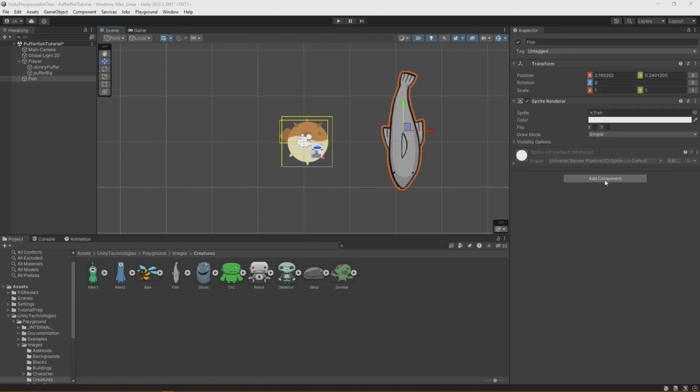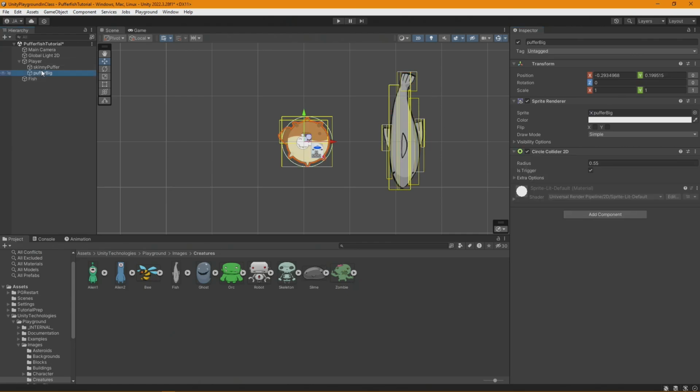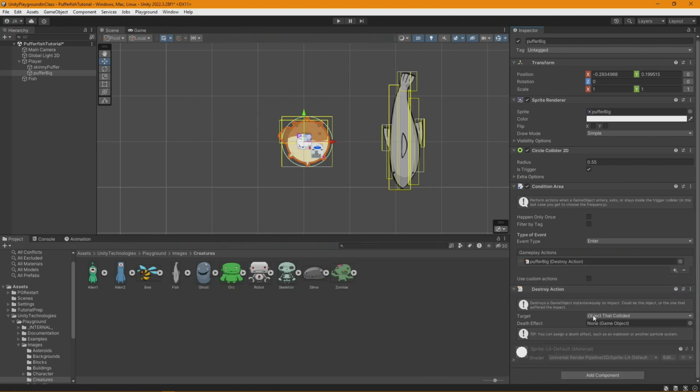And let's add a component, Collider 2D. In this case, it'll be a polygon collider. Now it can collide. I'm also going to go back to my puffer, and on the circle collider, I'm going to add a component, which will be Condition Area. So again, Condition Area, from other tutorials, we know works with Is Trigger. So when something enters the area of this collision, something will happen. And in this case, I am going to add a destroy action where I am destroying the object that is